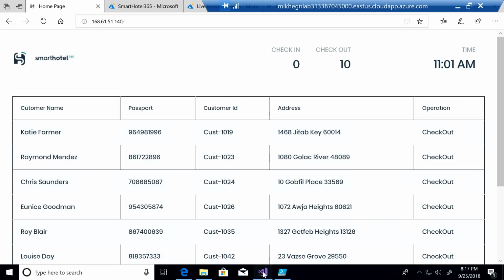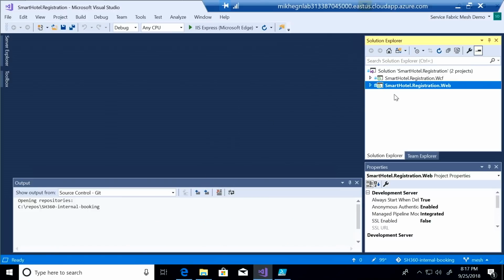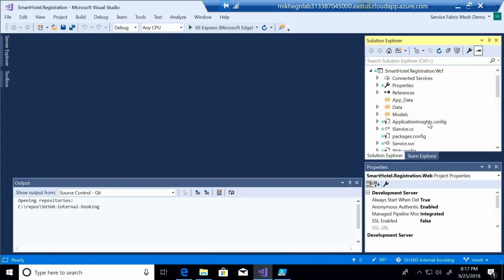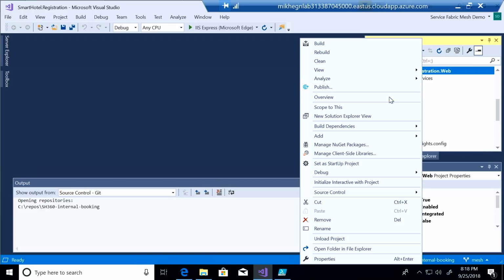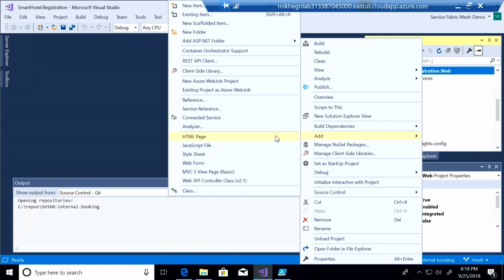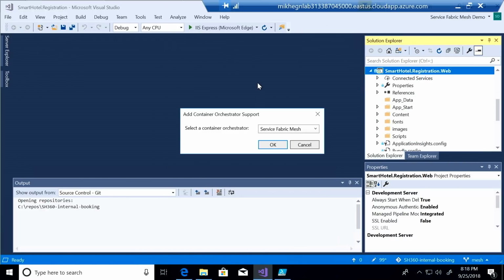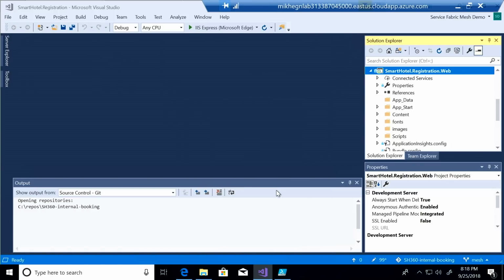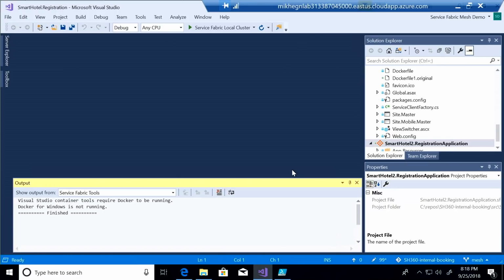So let me zoom over to Visual Studio. And here I've got it. It's WCF and a web-based application. You can see your standard solution here in Visual Studio, exactly what you'd expect. But here's what's amazing. With just a few clicks, I can now turn this into a Service Fabric Mesh solution. So if I right-click, add, Container Orchestrator support, and I said you didn't need to know about orchestrator, but anyway, you click that, and now you just hit OK, and away you go, and this takes care of everything. Wow. It is containerizing it, but you don't need to know, you don't need to care, and you can just go and publish this, right?